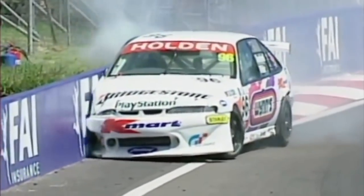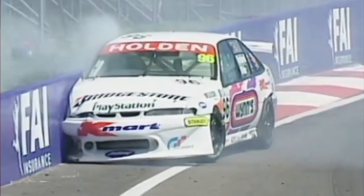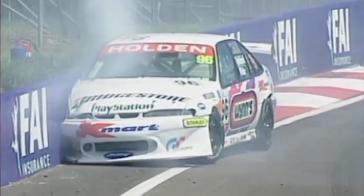You can see the damage. Let's have a look on the Shell replay. Oh, he's already hit the wall there. Done it. Looks like memories of Craig Lowndes' accident there 2 years ago when he got offline. Look at the depth at the back of it. Yeah, rear axle's broken. And the attrition rate has eased just a little bit, so...